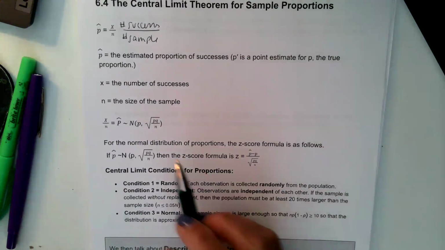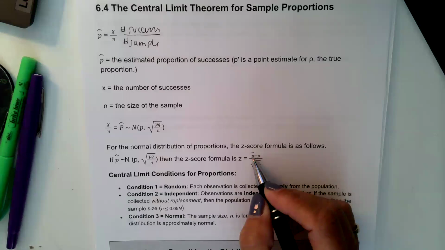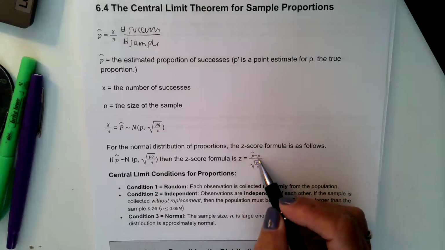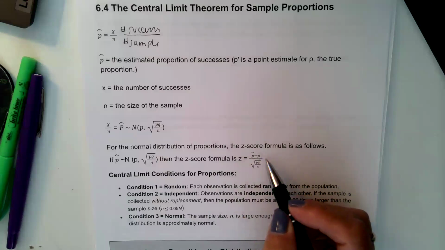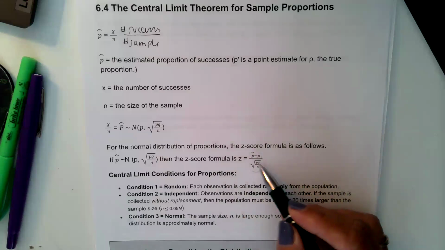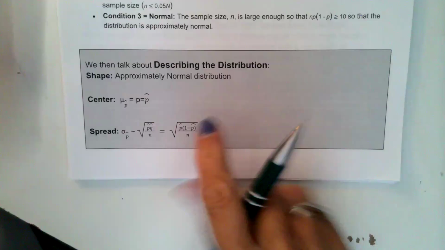And so that z-score is going to be using this P hat. So that's our sample proportion, subtracting our scenario proportion of what we think is true, divided by the square root of P times Q over N,